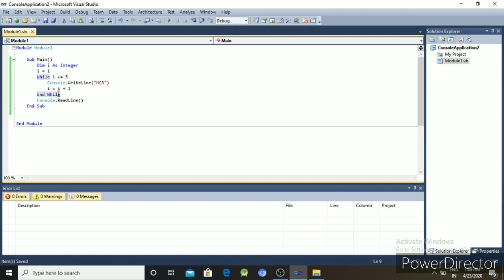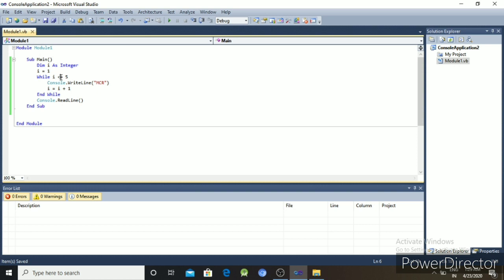So this is the structure of the while loop. I equal to 1 is the loop control variable, and in the condition I have taken I less than or equal to 5. The while loop executes when the condition is true and terminates when the condition is false.